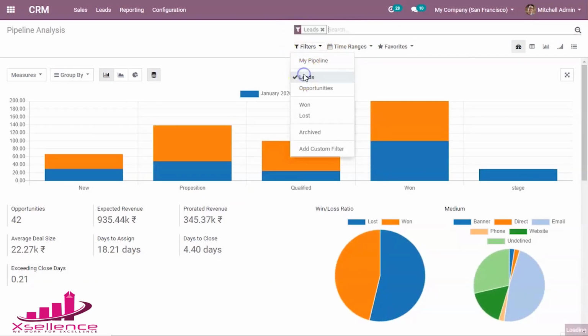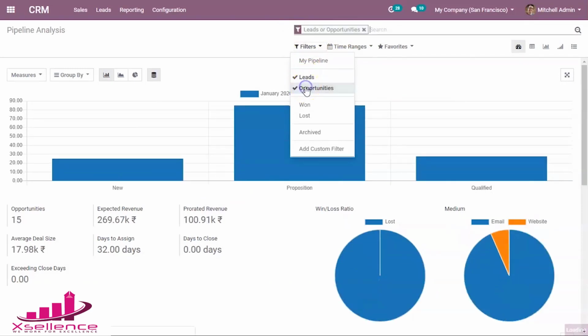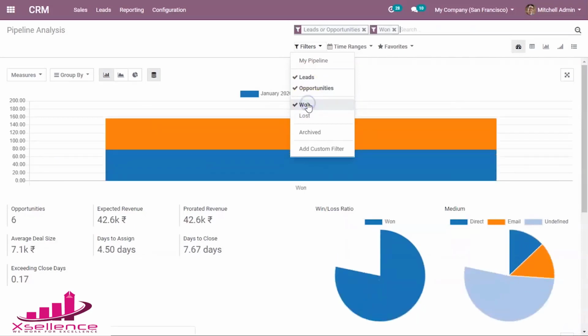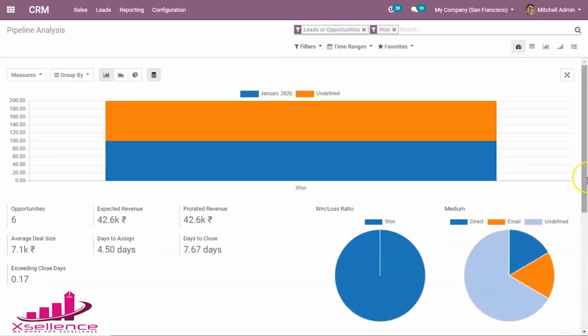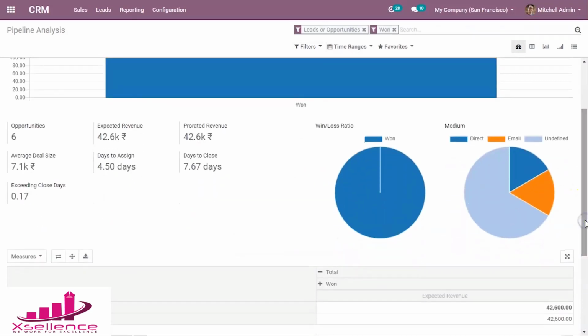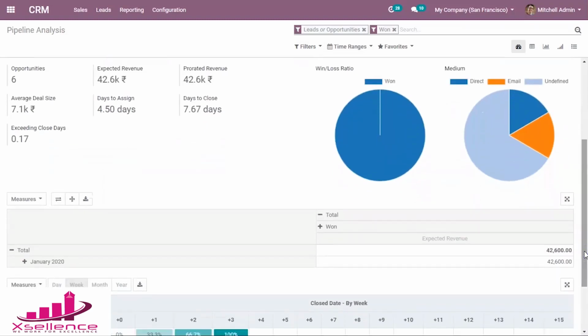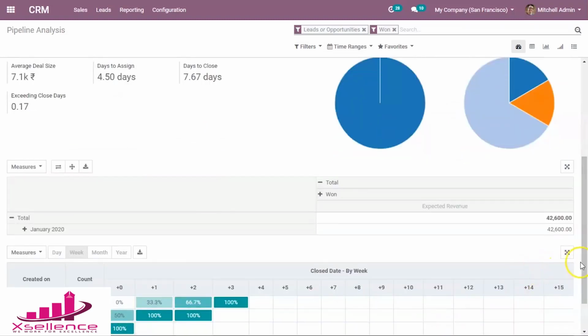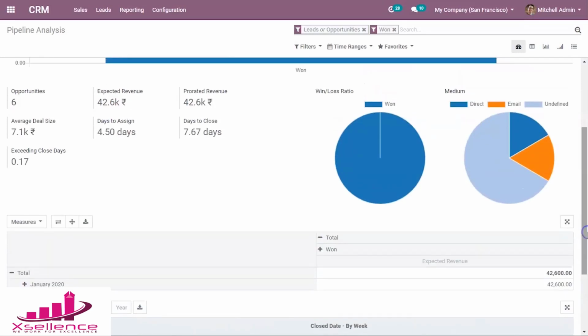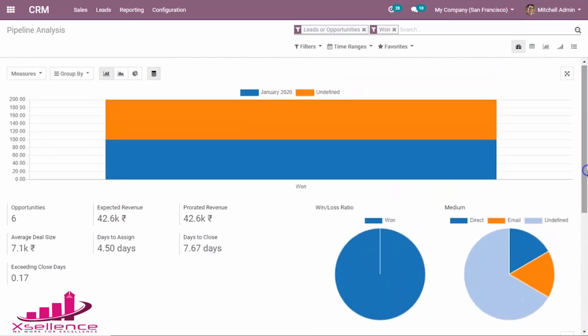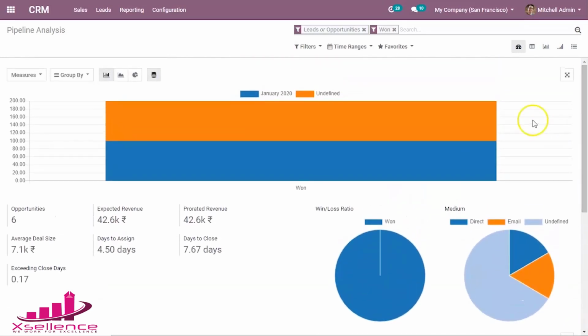Here also you have options for leads and opportunities, then won and all. Similarly, when you scroll down you can see the pivot view as well as the cohort view. And here also you can see the different views as discussed earlier in the lead analysis reporting.